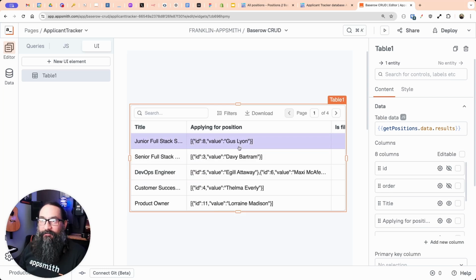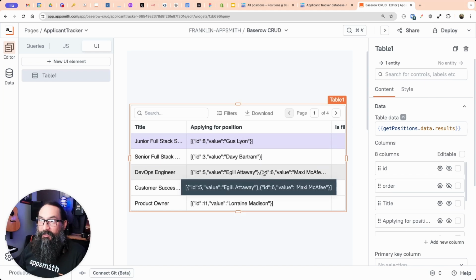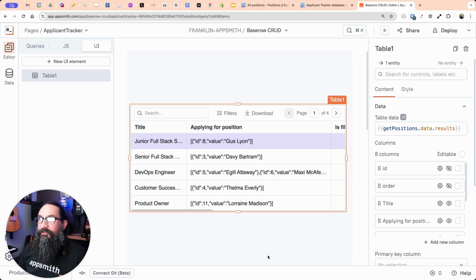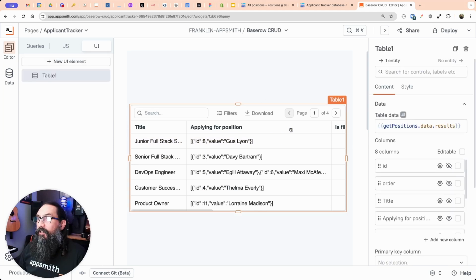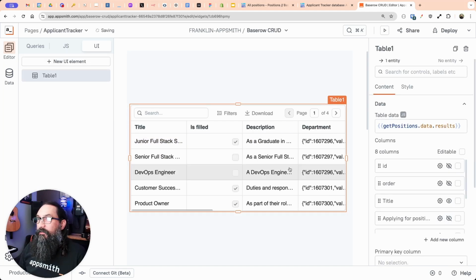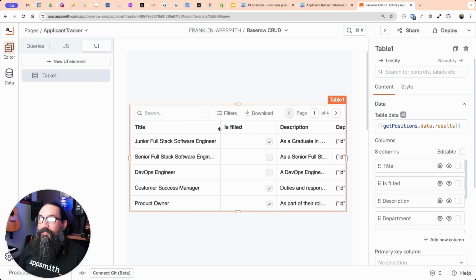And then we'll get into the relationships and building a drop down, a lookup list of those records. That would be a little more advanced, in another video. So we're going to hide that column as well. And so we just want to see the title, if the position is filled or not, the description, and then if you look at the department here,